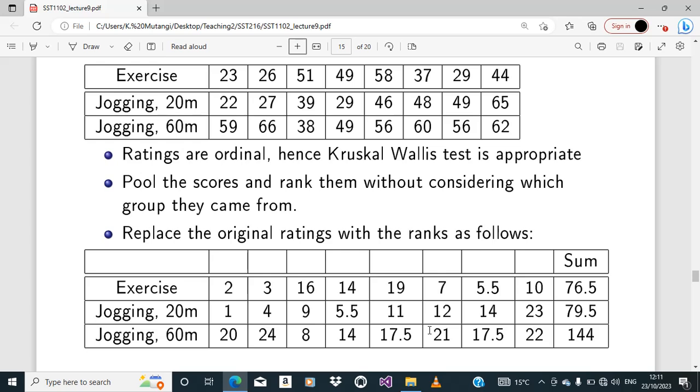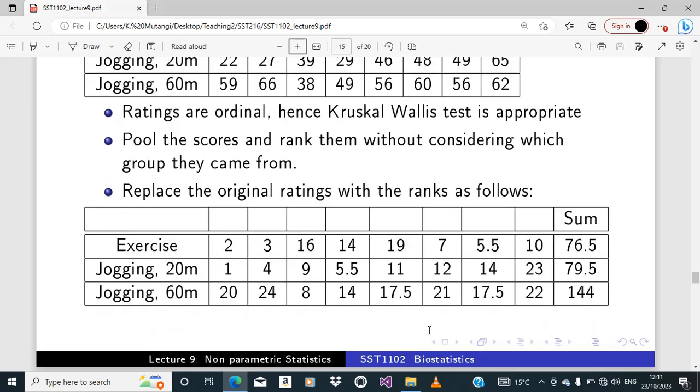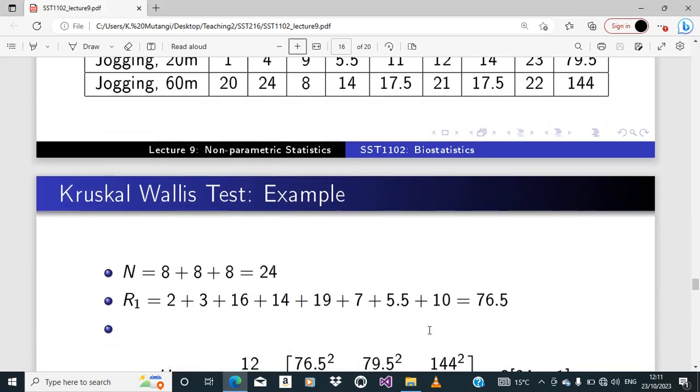Replace original data with the ranks. And for each of the categories or groups, sum the ranks, and then you get the Ris, which is R1 for group 1, R2 for group 2 and R3 for group 3. Those are the values of 76.5, 79.5, and 144. These are the values we need